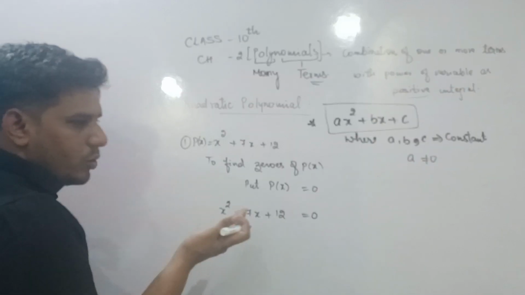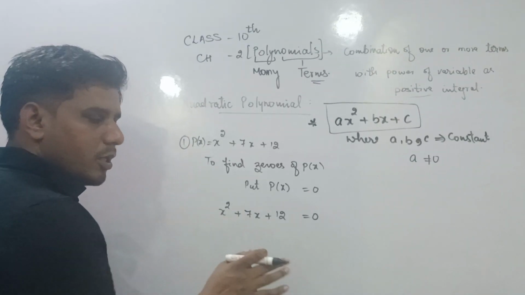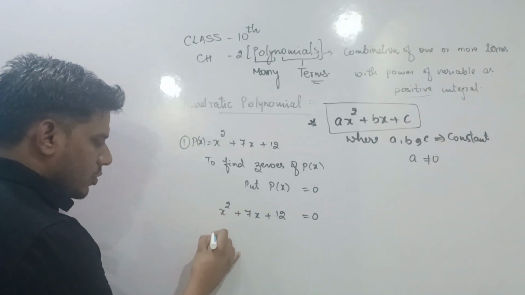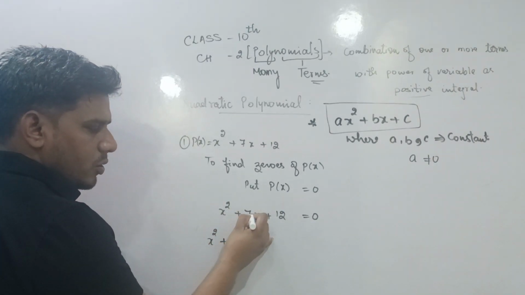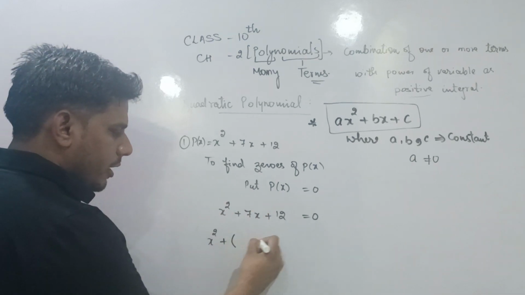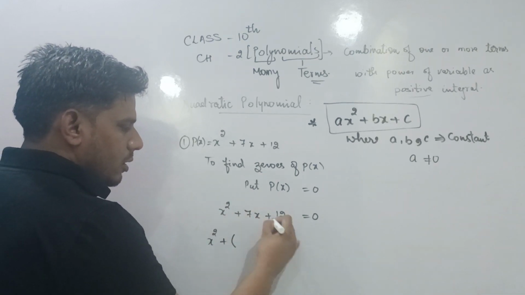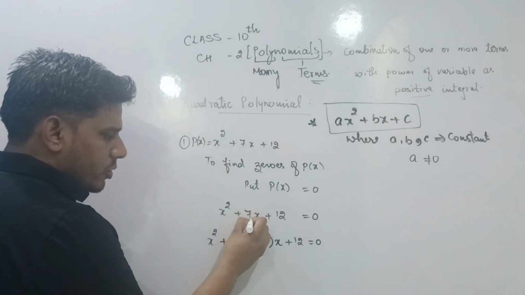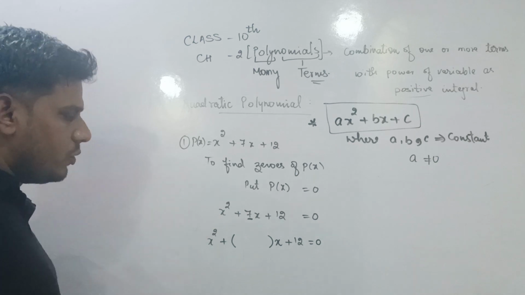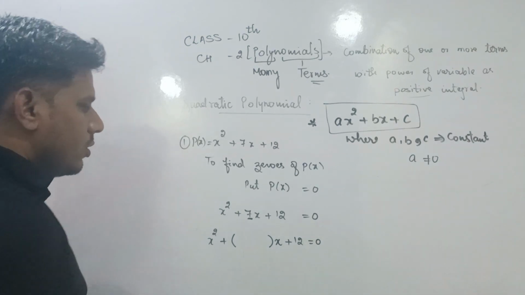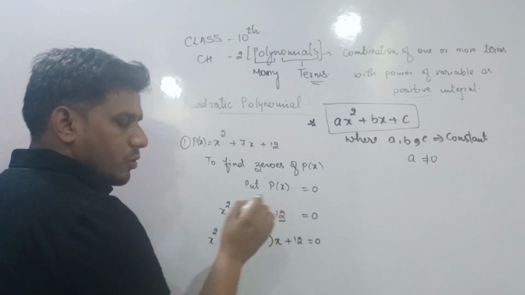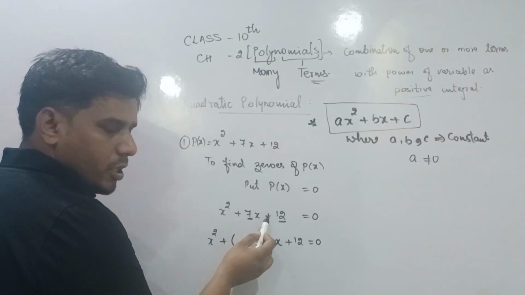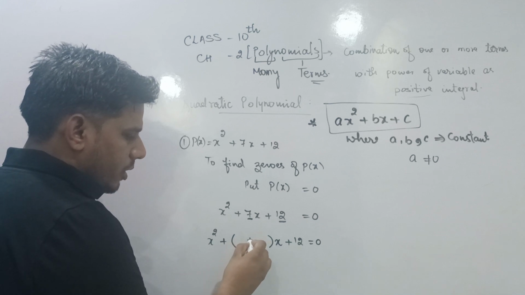So first, what you need to follow as the first step to apply the middle term splitting. Here we have x square plus, in place of coefficient of x we need to put bracket, then x, then plus 12 is equal to 0. Means in place of coefficient of x you need to put bracket, and then the sign of constant term. Here constant term is 12 and its sign is positive. इसके आगे पॉजिटिव लिखा हुआ है तो हमें ब्रैकेट के अंदर पॉजिटिव फिल करना होगा.